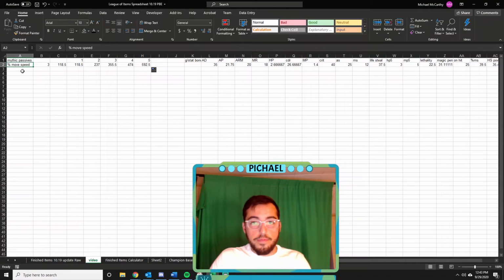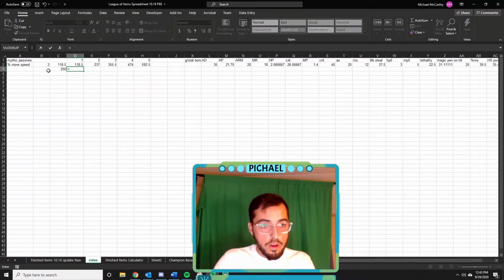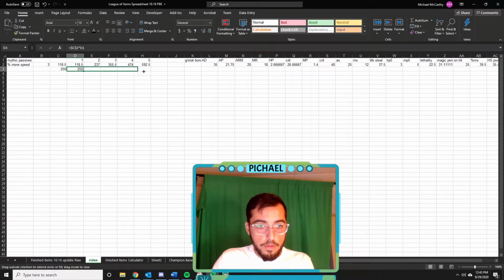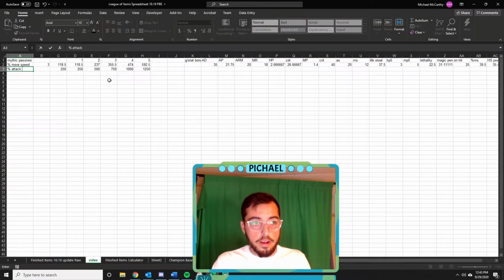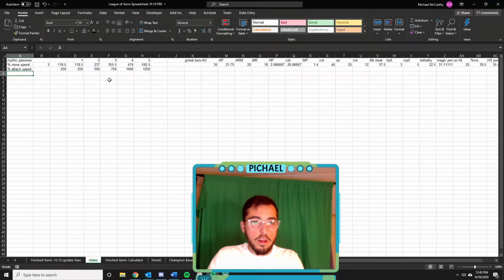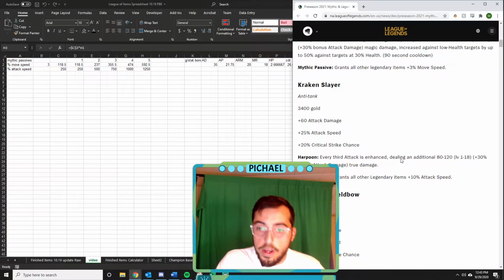Attack speed. So every point of attack speed is worth 25. So that means this is worth 250. So equals that F4 times percent attack speed. So already we see that there's a difference between the gold value of the item's base statistics,